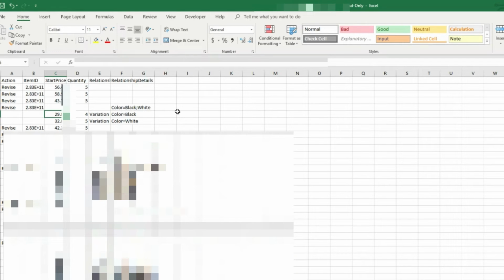If it's weight or something like that, then you're going to put weight there and then equals, and then you're going to put the exact wording that you have for the weight. So for this particular item I just have two colors, black and white. So in the relationship details on the first line of the item, as you can see, it's color equals black, semicolon, white. Now below it, you can see that I have color equals black and color equals white, and the relationship is going to be a variation. So then these will be repriced. If I put a 5 quantity here, the quantity will be updated